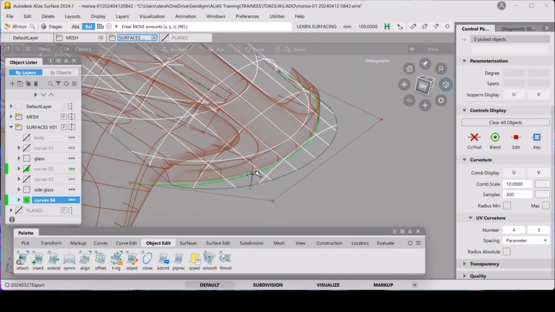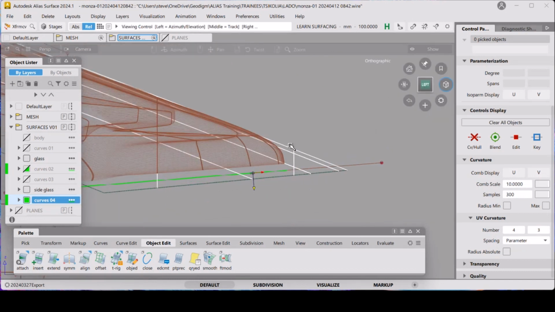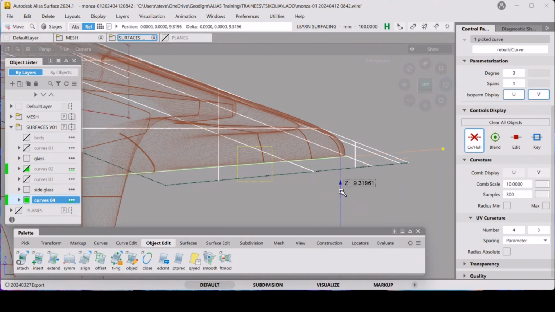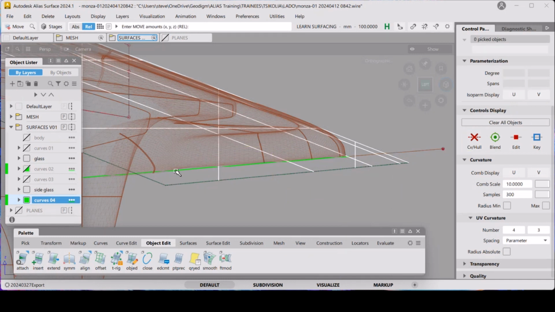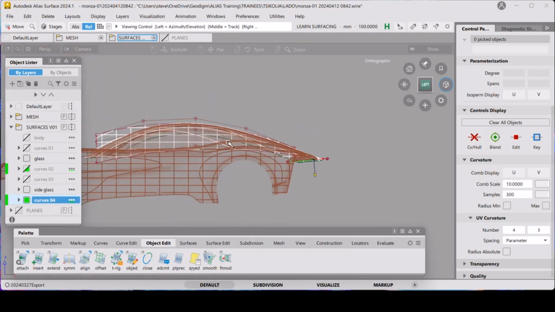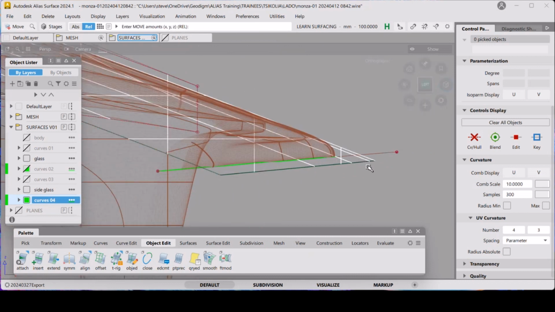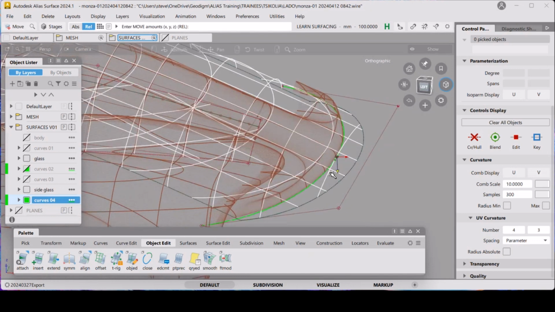Now, we're looking at that curve in plan view. If I look at it in side view and go into it a bit, that curve just needs to come up a bit so we get to that bottom edge there. And I think it was just pure luck that we've ended up with that being exactly, well, maybe it wasn't pure luck, maybe it was the data that's directed us there, but somehow that's ended up at exactly the right angle. And I'm not sure how that happened really, but I think it's to do with that plane that